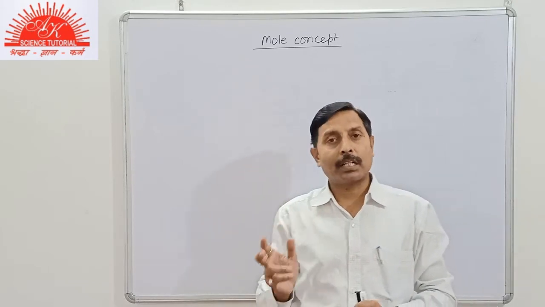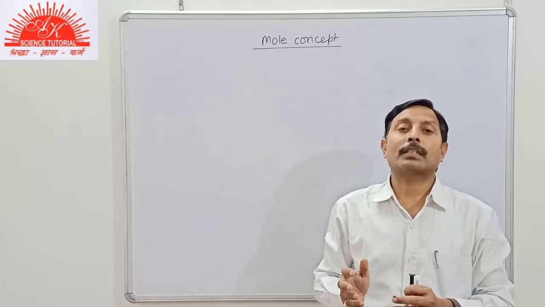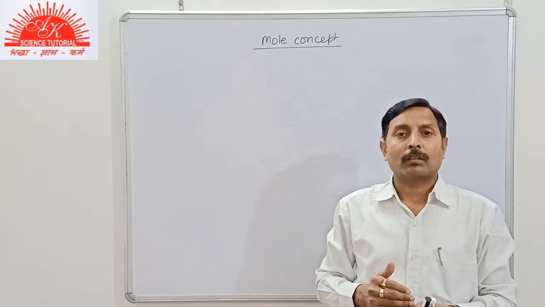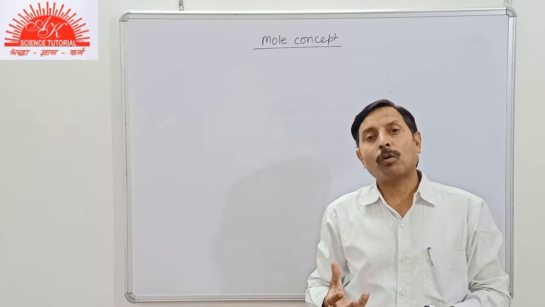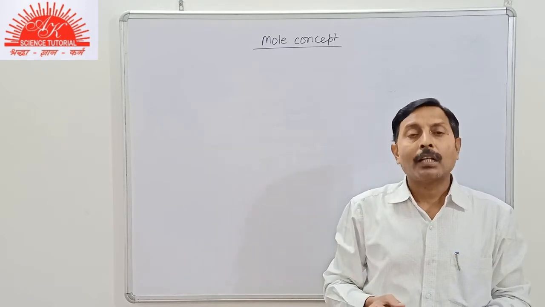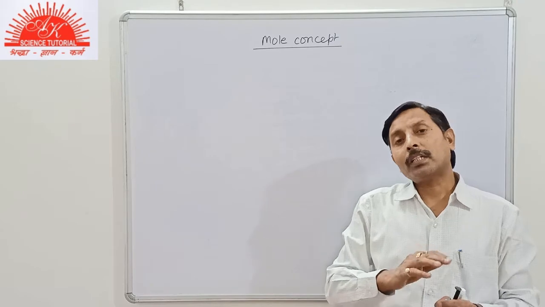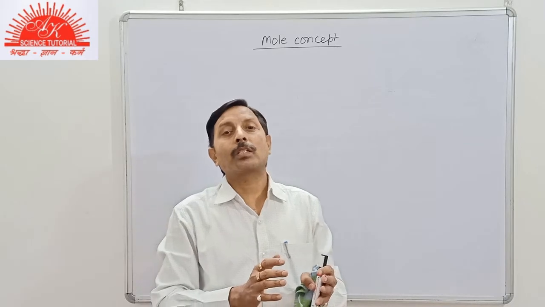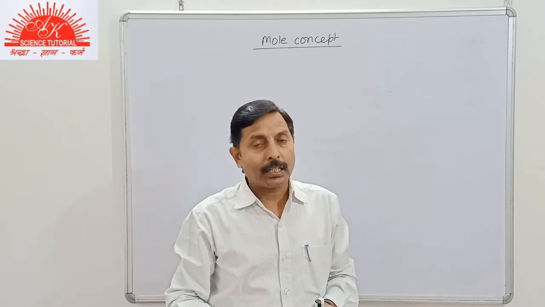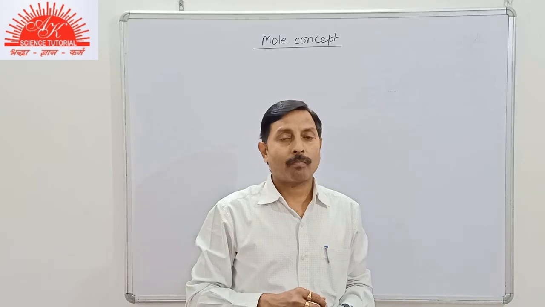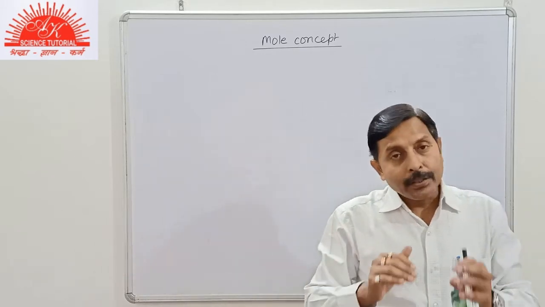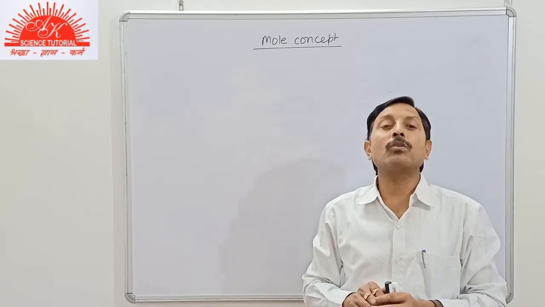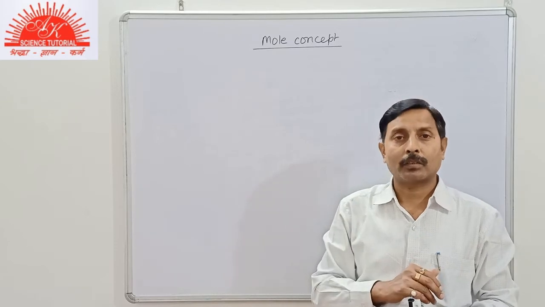Now suppose we have studied in lower classes, in previous classes, that the mass of atom or molecule will be a very small quantity, since they are very small in size, they have very small masses. So it is quite inconvenient to measure the mass of atoms or molecules in terms of bigger units like gram or kilogram and so on. So scientists used a convenient smaller unit for its measurement, that is known as atomic mass unit.